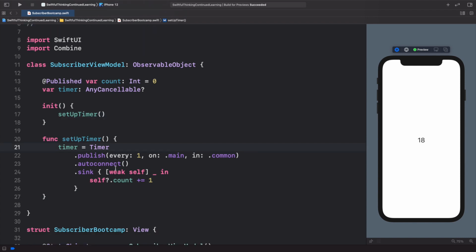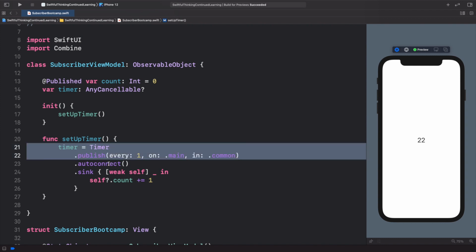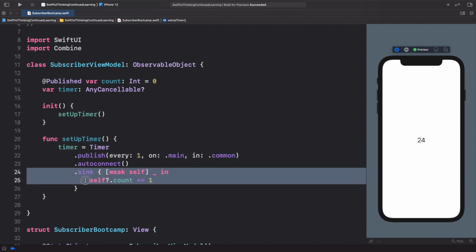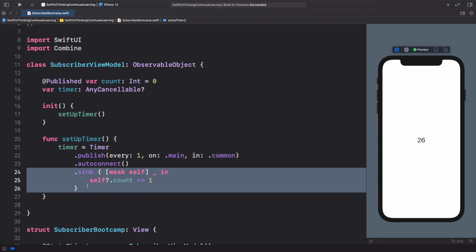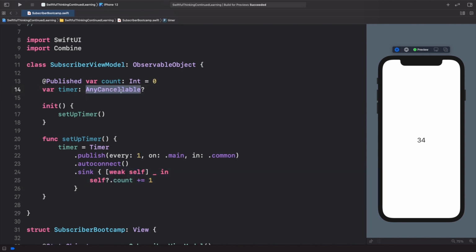So this is the very simple basics of what we're getting into. We create a publisher. And then here we are actually subscribing to the publisher. We're listening to the published values and then doing something with it on the screen. And just to point out here, because this is cancellable, we can cancel it at any time. So for example, if in this sink I wanted to cancel this timer after it gets to 10, we can say,